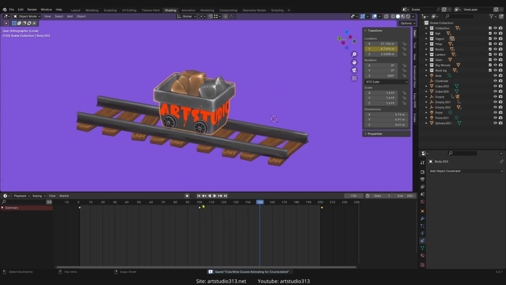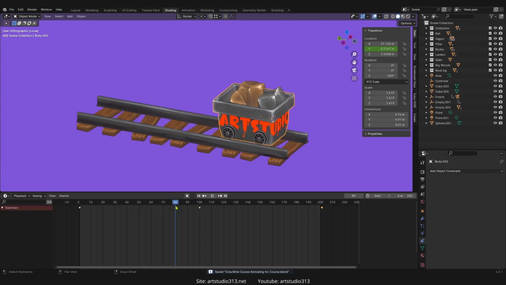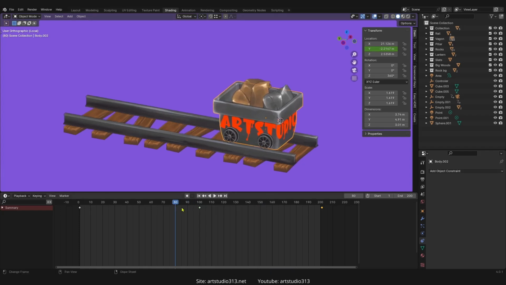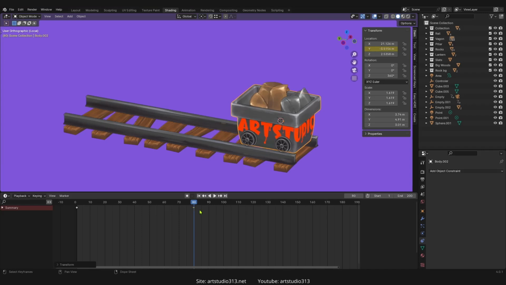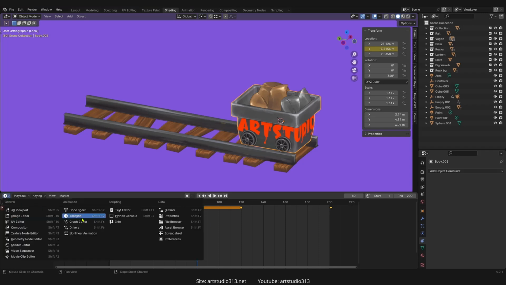So this is not too interesting because we want to stop our wagon just a few seconds. So I would like to set the stop duration to around 40 frames. So let's grab this frame. We can grab it by G, set it at frame 80, then press Shift D and set another at frame 120. So now we can press A to select everything, then we can click here to change it to graph editor,